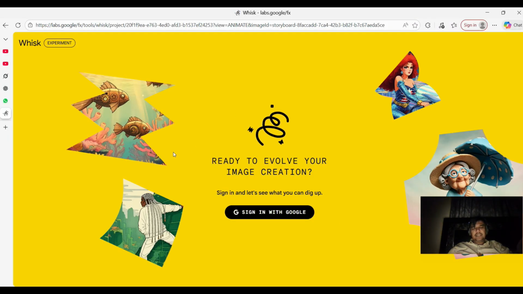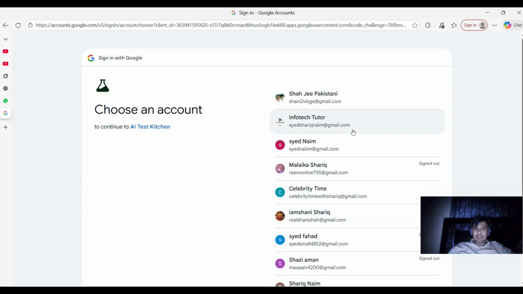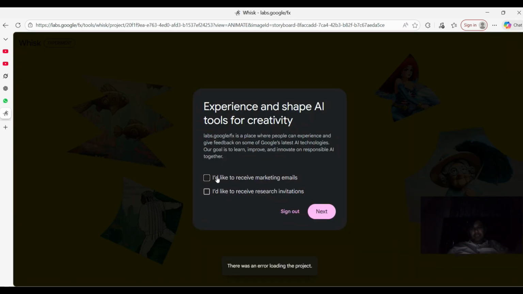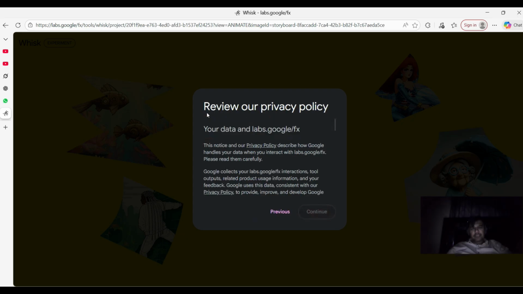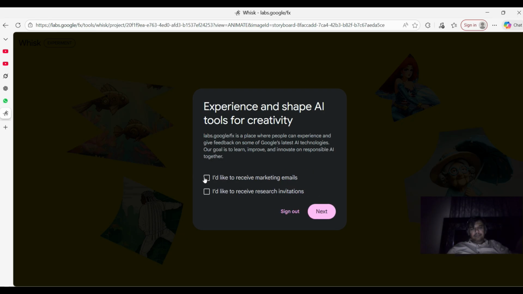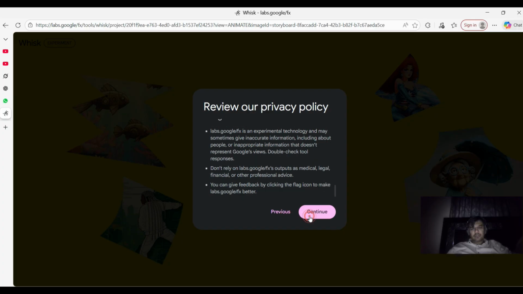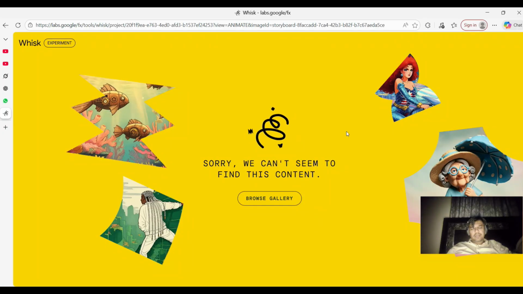You can log in with any of your Gmail accounts. Then you will see some questions. Just click the checkbox and press next, then go down to the end and continue.